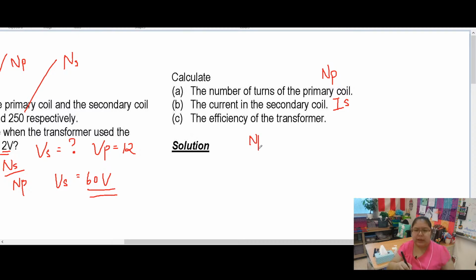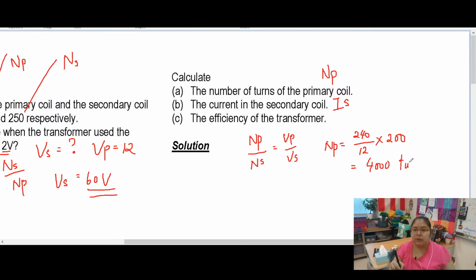Okay, NP over NS equals VP over VS. We just apply it. VP, you know how many? VP is 240. Voltage for the secondary is 12 volts. And NS is how many? Secondary number of turns is 200. So from here we get the answer, 4,000